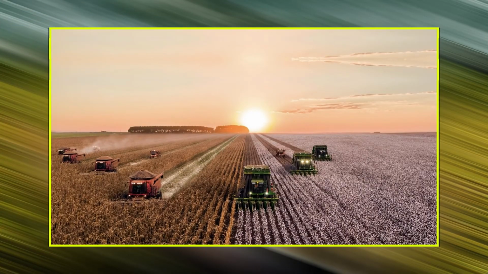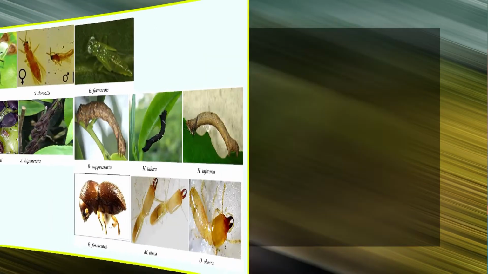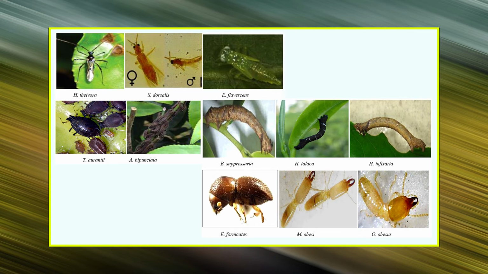Agricultural fields usually represent secondary successional stages, where an existing community is disrupted by deforestation and plowing, and by maintaining a simple man-made community at the site. Then number 5 is biotic regulation processes. Controlling succession, that is plant invasion and competition, and protecting against insect pests and diseases are major problems in maintaining